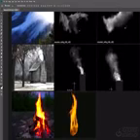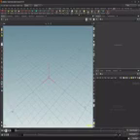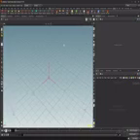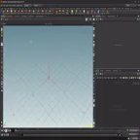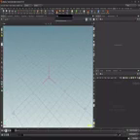So to get started by creating this campfire, what we're going to do is jump back into Houdini, and essentially we're going to work with two different presets. We got our flames and then our billowy smoke. So our flames will be our campfire, then billowy smoke will end up being our chimney smoke. So moving on, to get started with these flames, to be able to use this preset, we need some geometry